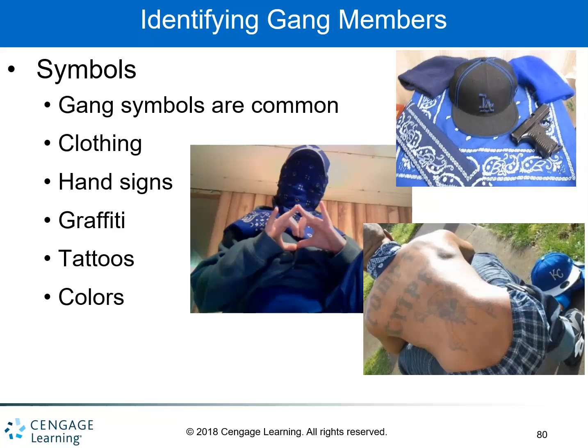Some other identifying things could be symbols. Things like gang symbols are very common. So a symbol could be clothing, the color, hand signs, depending upon, the two C's could be Compton Crip with the hand sign. Graffiti, tattoos, colors, all of these are symbols that are characteristic